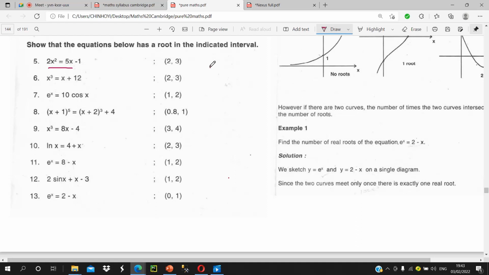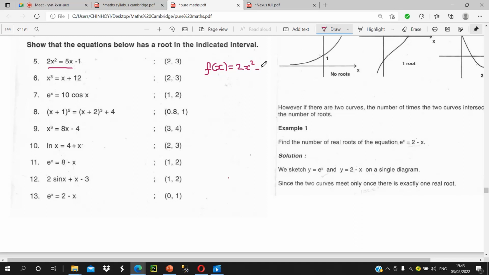Firstly, you have to indicate your function, saying f of x. So your f of x is taking all the variables to one side. You get 2x squared